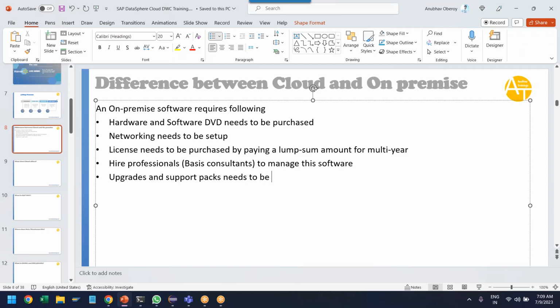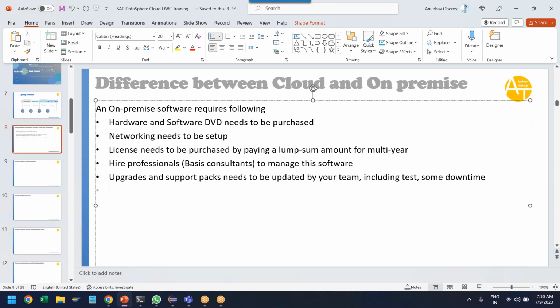need to be updated by your team. So if you are implementing an on-prem software, whenever a new feature or new upgrade comes, it is your duty to implement these upgrades, including testing. Very important. So after upgrade, you need to test your software yourself with your own data to make sure that the upgrade was successful. There is of course some downtime